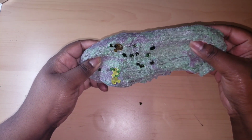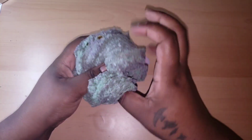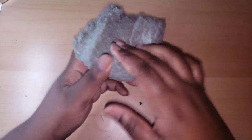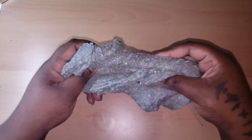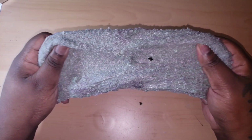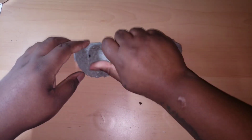I don't know what all that is, but it was discounted due to the amount of fallout in the dye, it stated. Now, it smelled like a hair fragrance and grass, and the dye did not dye my hand, so I'm not for sure why it stated that it would. Maybe everybody's skin is different. I don't know. But it didn't dye mine. The texture was definitely different. I've never felt this texture before. There was more fallout than I expected, but since she warned about it,